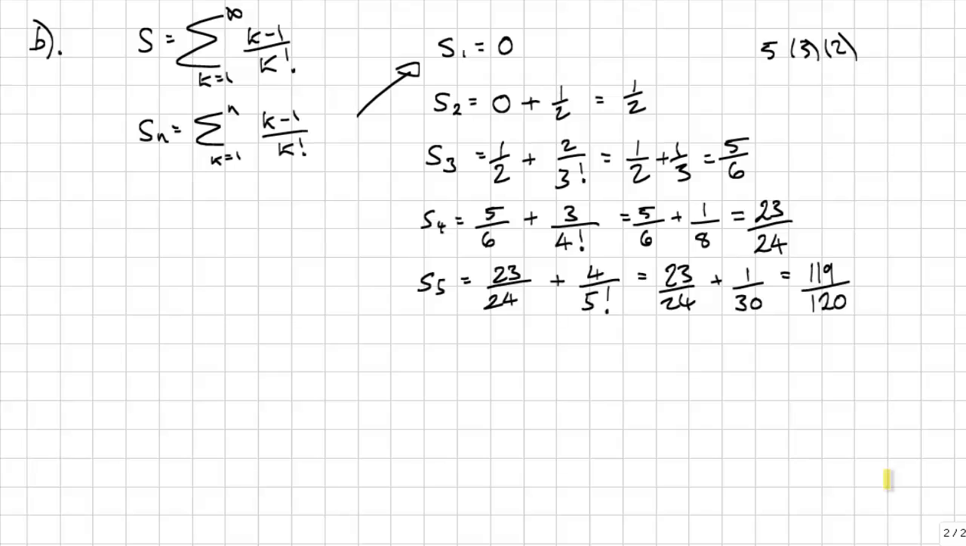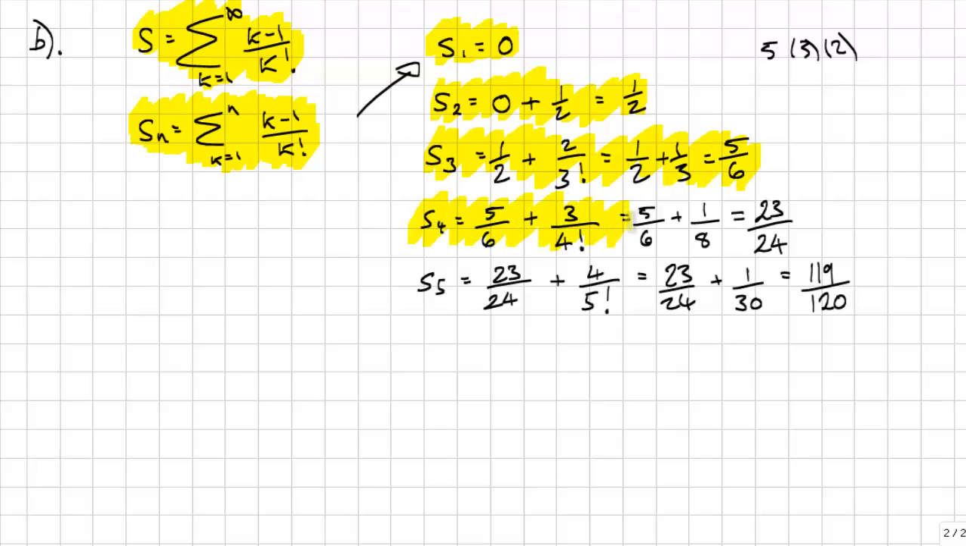For part B, we've got to find the sum of this series. So what I've done is I have taken our infinite series here and I've written it down in terms of partial sums, and hopefully I can find a general term for the partial sums and then look at what happens as n tends towards infinity. So you'll see here I've just found S1, S2, S3,